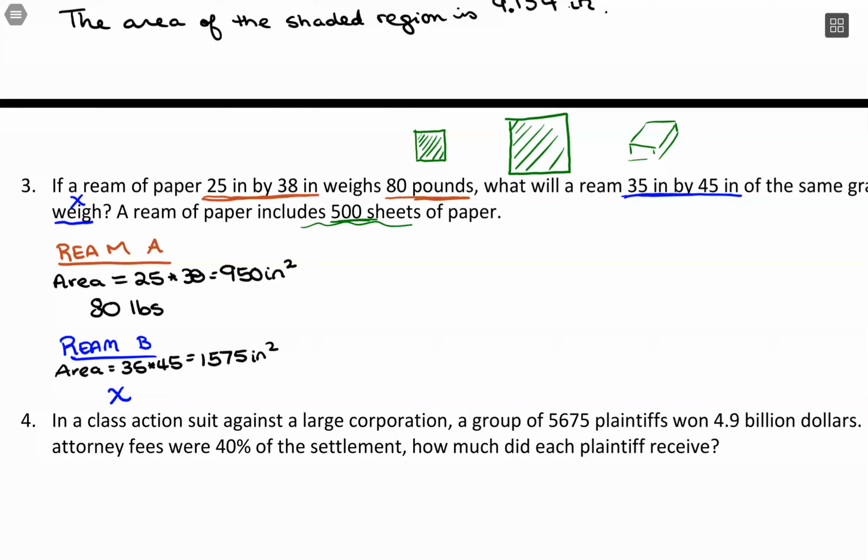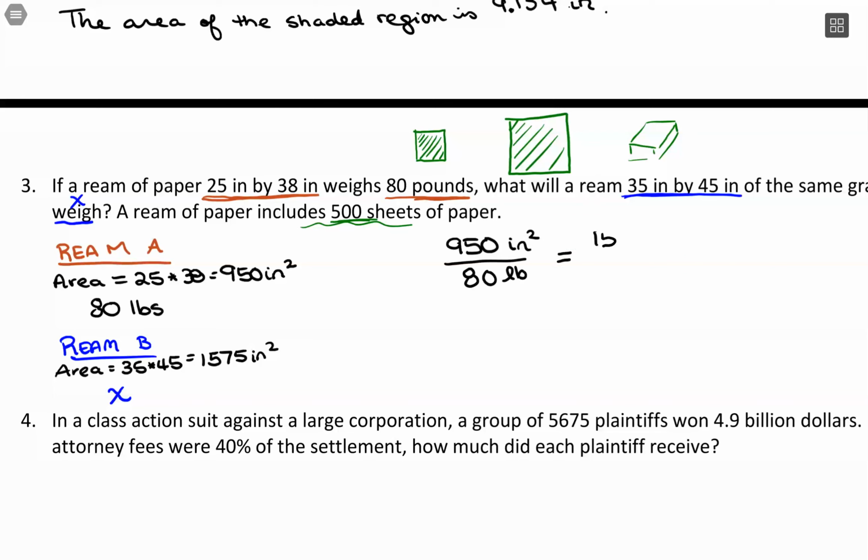So this is that case like we saw in number 1, where we have these two scenarios, and we have information in terms of area and weight for one, and we have area for the other, but we don't have weight. So this will be a proportion problem, and we need to use the area when we set up the proportion. So 950 square inches to a weight of 80 pounds